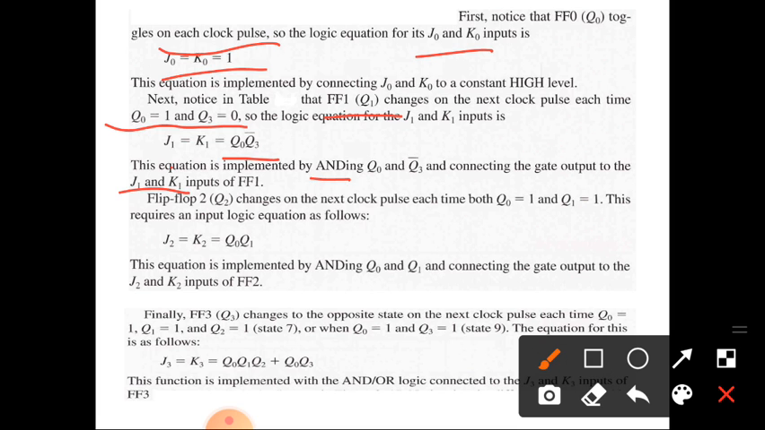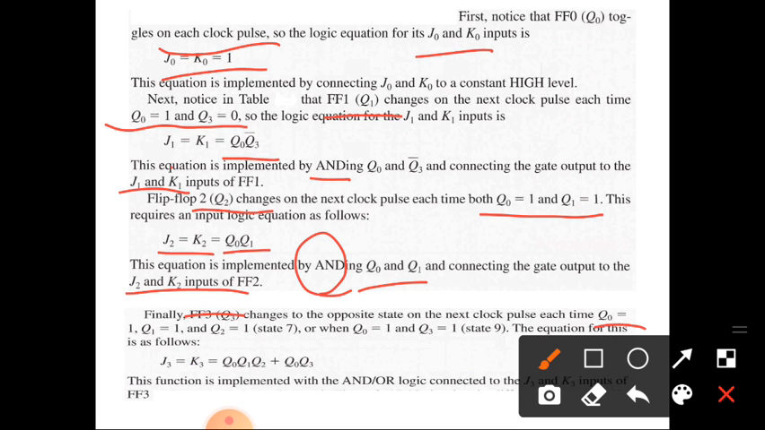Then flip-flop 2, that is Q2, changes on the next clock pulse when Q0 and Q1 both are 1. So the J and K2 value will be Q0 into Q1, and this AND gate output will be given to the J2 and K2 input of flip-flop 2. Then flip-flop 3, Q3, changes to the opposite state on the next clock